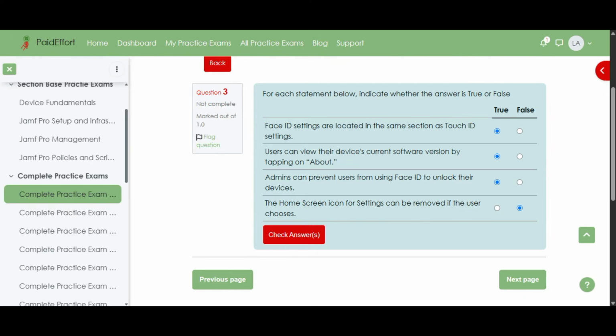Face ID and Touch ID settings are grouped in the same section of the Settings app, either Face ID and passcode or Touch ID and passcode, depending on the device's hardware. This design makes it easier for users to find their biometric settings in one place. Likewise, the About section under General clearly displays the device's current software version, making it easy to check for updates